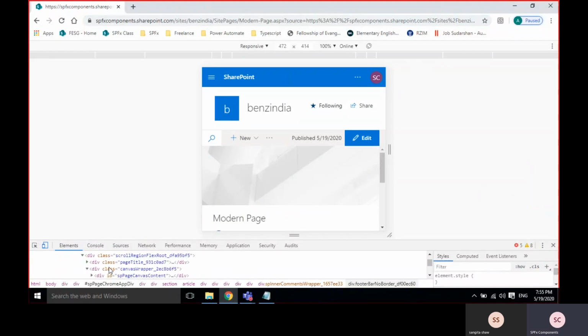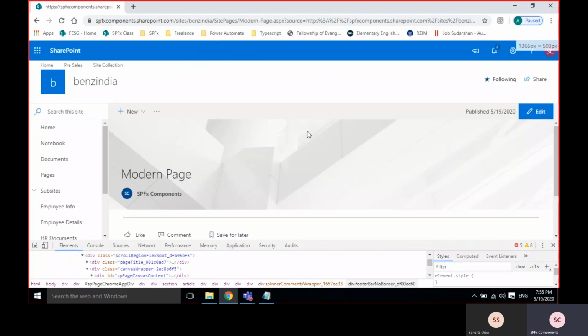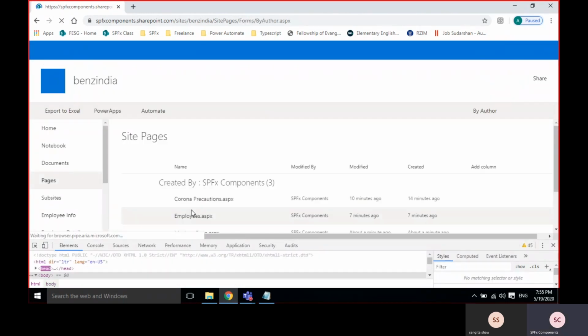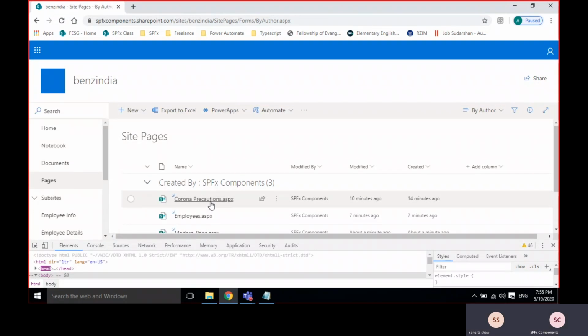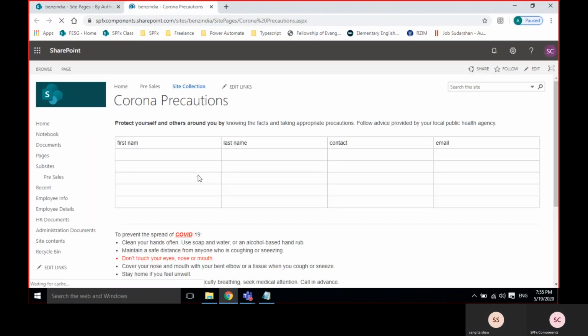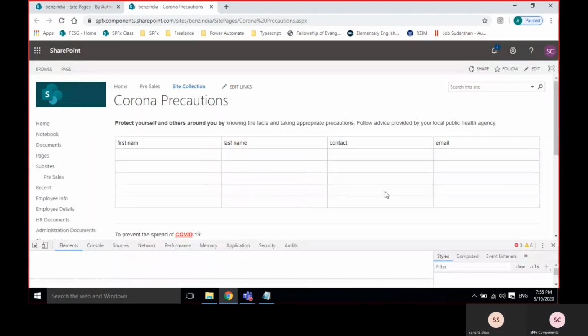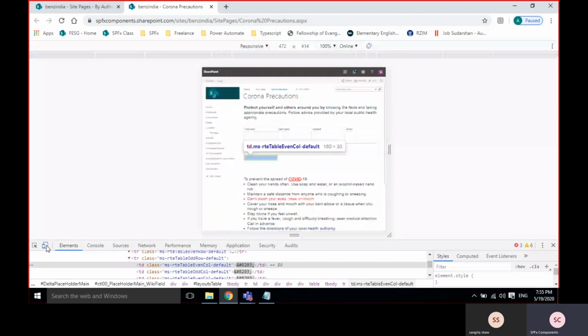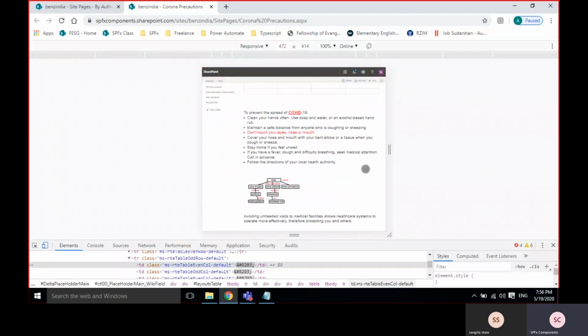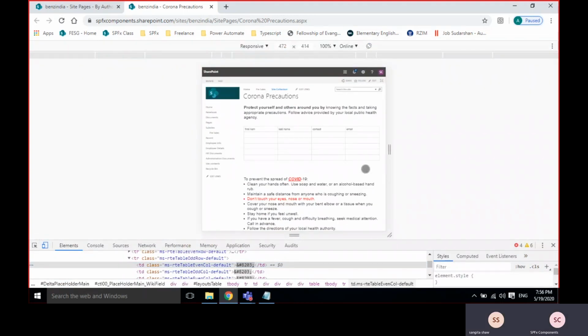If I go to the previous page, this is out of the box.